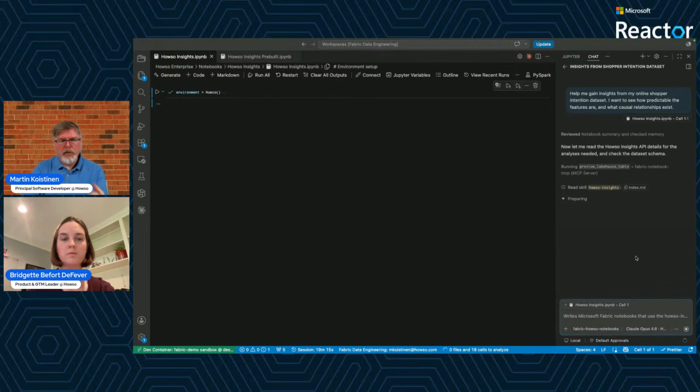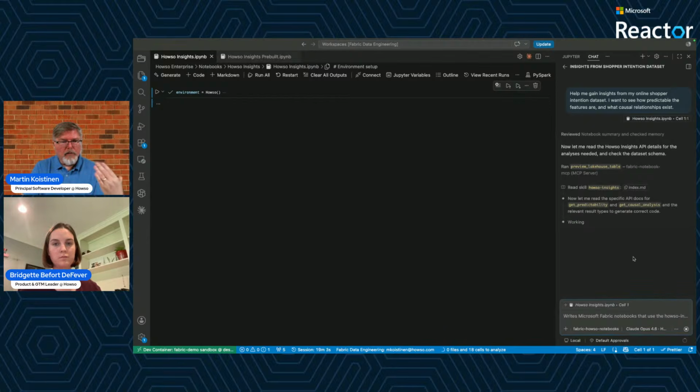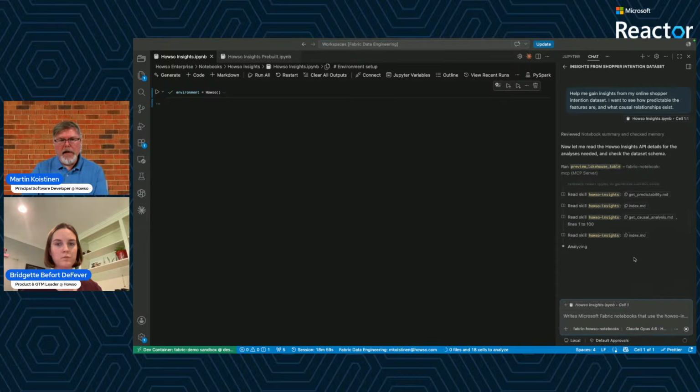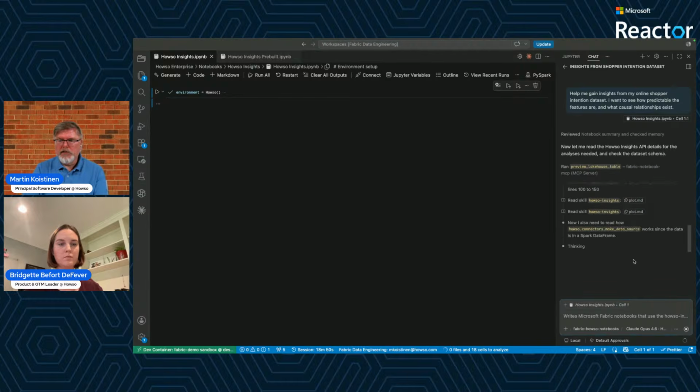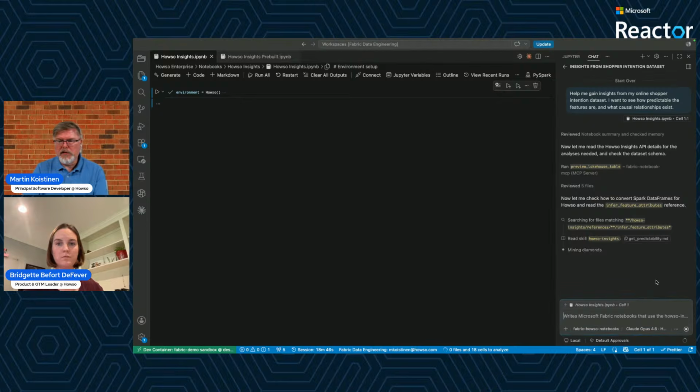So we're going to look at the data and see if we can identify any causal drivers that would point to generating more revenue. We usually start with Howso by looking at your data to understand, is there any signal amongst the noise? If there is signal, does it provide predictability of one feature over other features or vice versa? And once we've established that, then we can move forward with identifying the causal drivers. This looks like it is working, and we will hopefully see some notebook cells appear in a few moments.